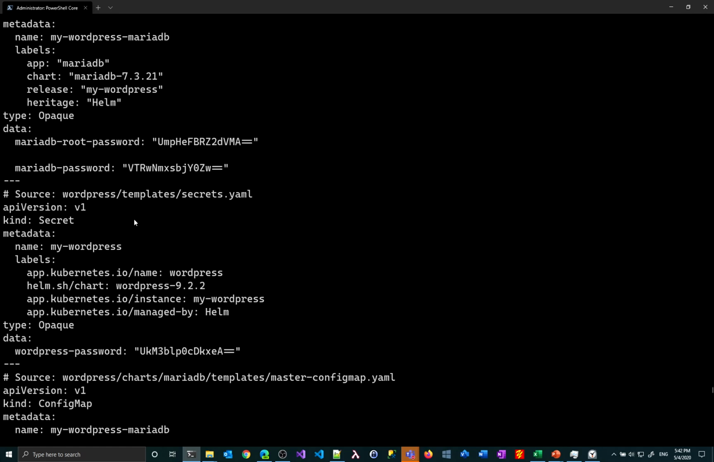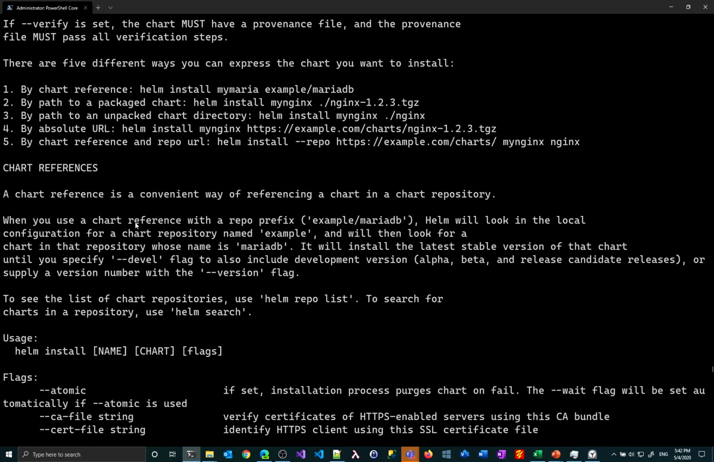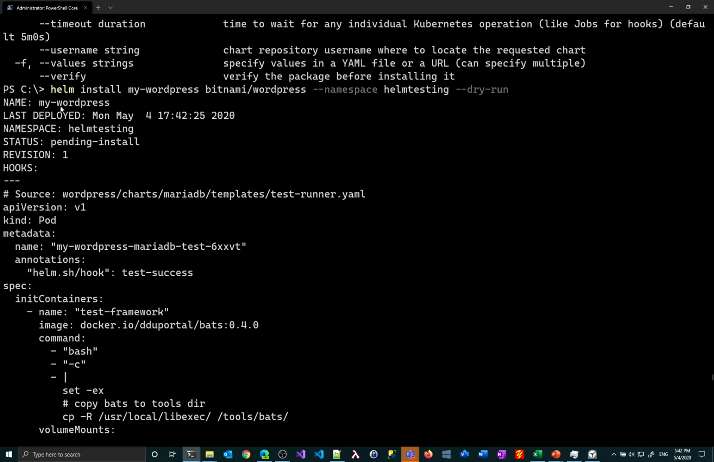Okay. So if I go at the top, when I run this command, I can see the name of my release as my WordPress. It is also showing me in which namespace it is going to install. In this case, it is Helm testing. Status is showing pending install,